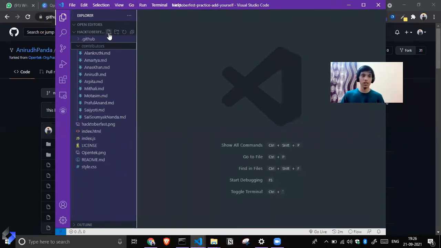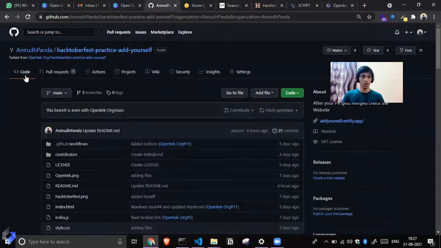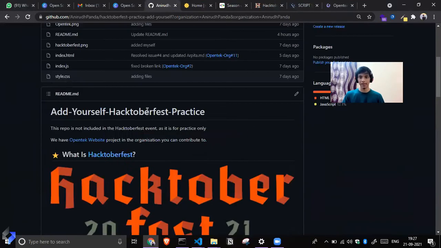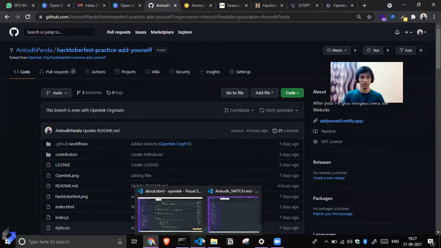MD is a markdown file, an accepted markdown file format on GitHub. This whole thing is made using README. It is a markdown syntax, and it is pretty easy to learn. It's just like plain English.